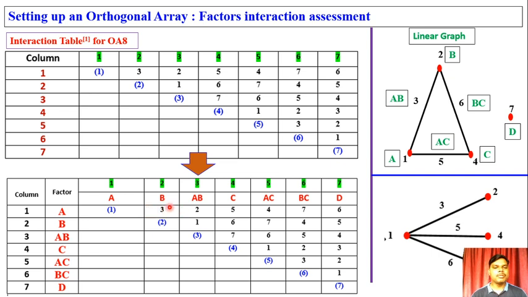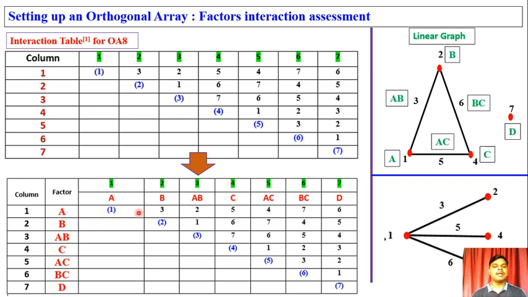So it is fixed that in column number 3 factor AB must be set. So I have set it AB here. Similarly here in column number 3 AB is set. So in this way we can find out where to set that interaction in the column table. This is in fact a complicated technique, but we can use it to find out the interaction and to locate the parameter suitably in the table. This is known as the triangular interaction table. That is an analytical technique of choosing that particular parameter.